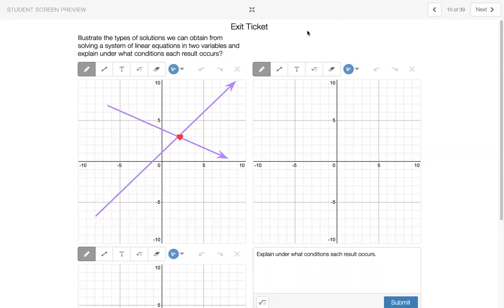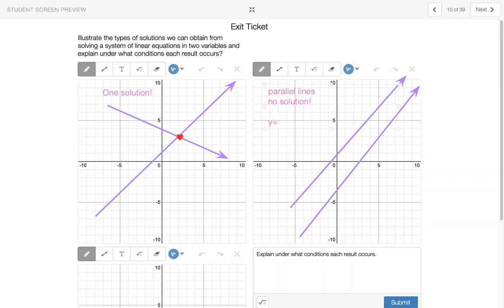So this is one solution. If we have two lines and they are parallel, imagine that those are parallel. So if we have parallel lines, no solution,